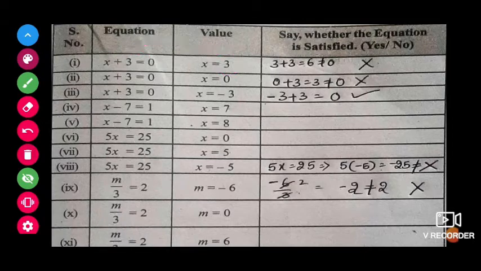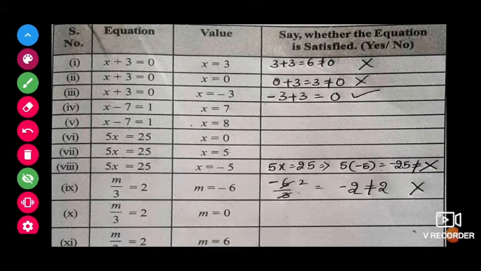Okay, here if you see, this side x plus 3 it is there. Here this side 0 it is there. Now they are saying x equal to 3. Now if I substitute x equals 3, then both the sides of the equal symbol should be same. Then only we can say that our equation is satisfied. Now here you can see that I substituted 3 in the place of x. 3 plus 3 is equal to 6, I got. But right hand side what is there? That is 0. Is 6 equal to 0? No, it's not equal. So it is not satisfying.